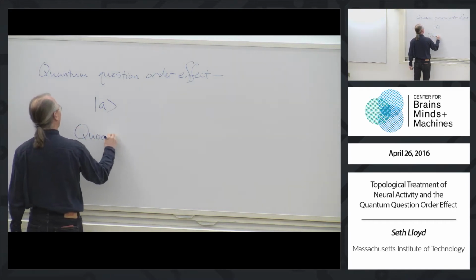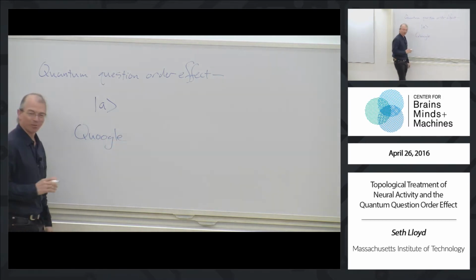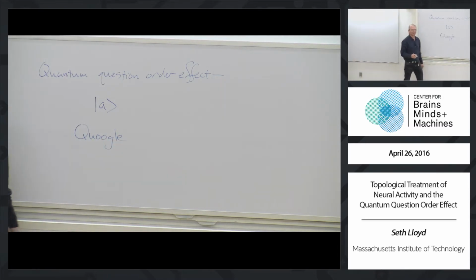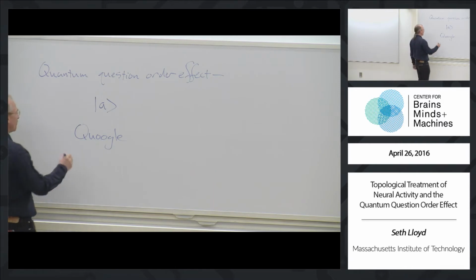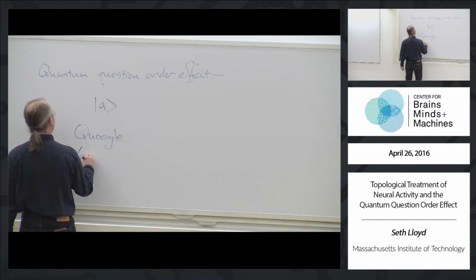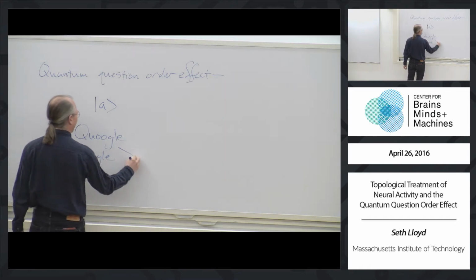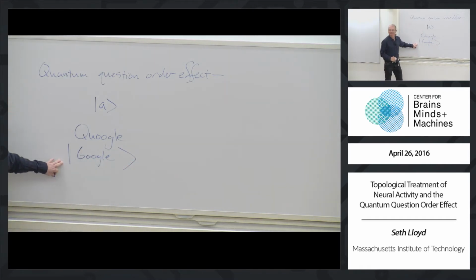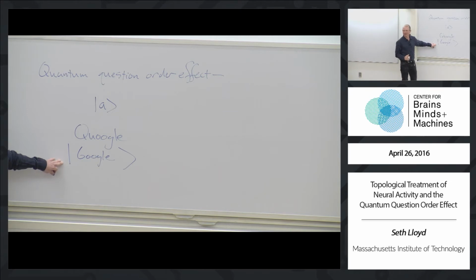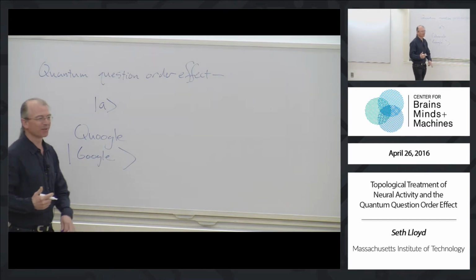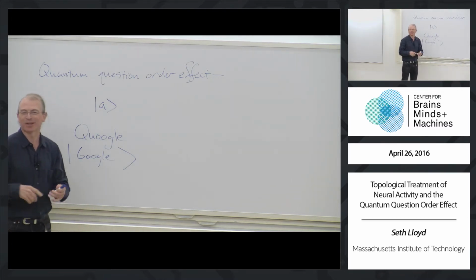A while ago, I worked with people at Google on a project called Krugel, right, which is a quantum version of Google. And now Google has an actual quantum artificial intelligence lab. I've been working with people there, and here's their logo for the quantum AI lab at Google. In fact, they've got an agreement from Sergey Brin that nobody else in Google is allowed to use the word quantum, because the word quantum gets used all the time just to say that something is kind of cool.